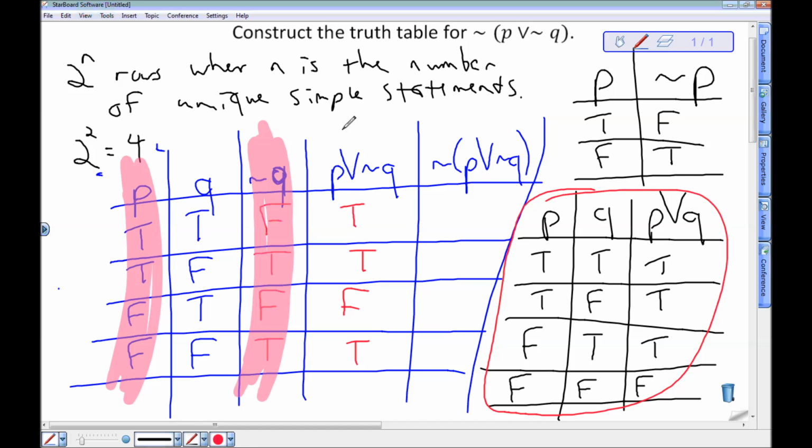And this last column is my answer. This is what completes my truth table. It'll tell me how these things are related. So I look at this last column, and I see that it is the negation of this column I just did. So I just need to take the opposite of those values. So not true is false. Not true in the next row is false. Not false is true. And not true is false. And here